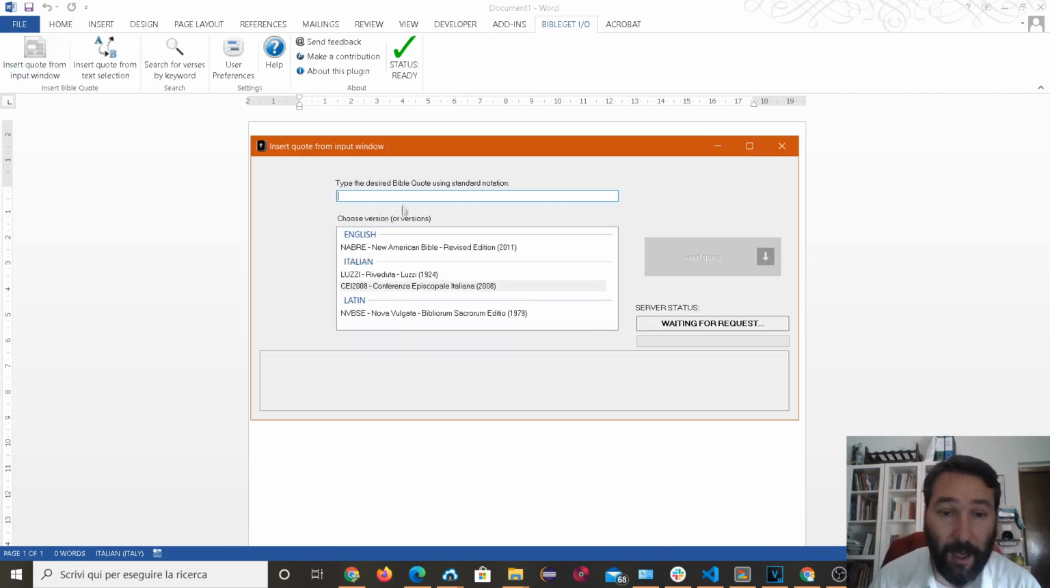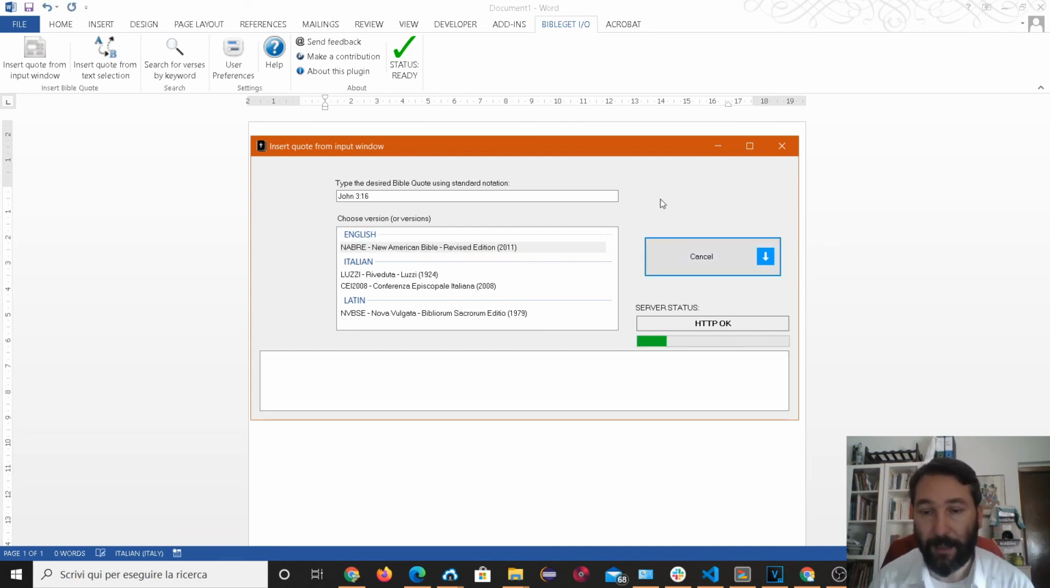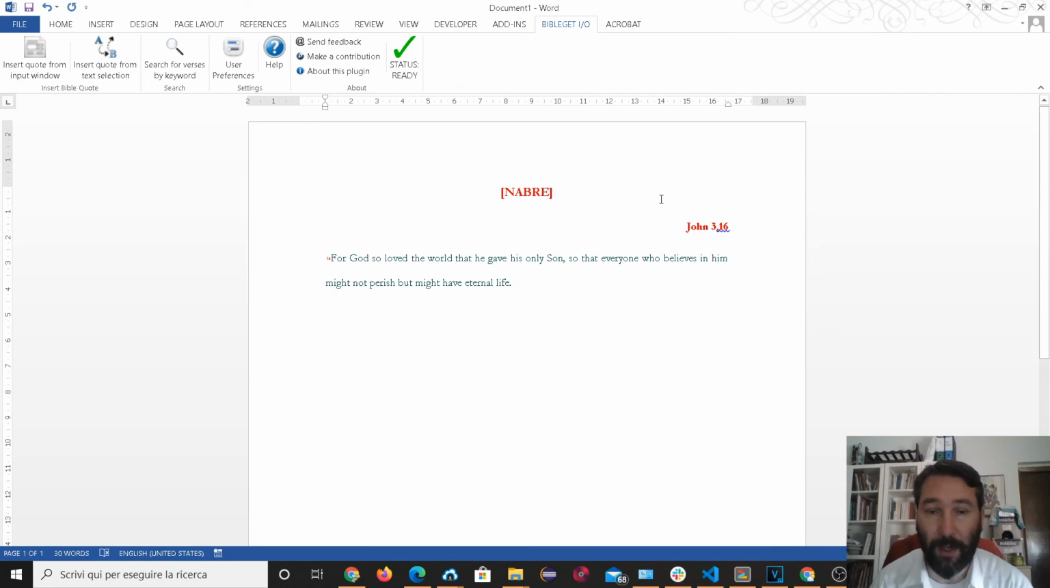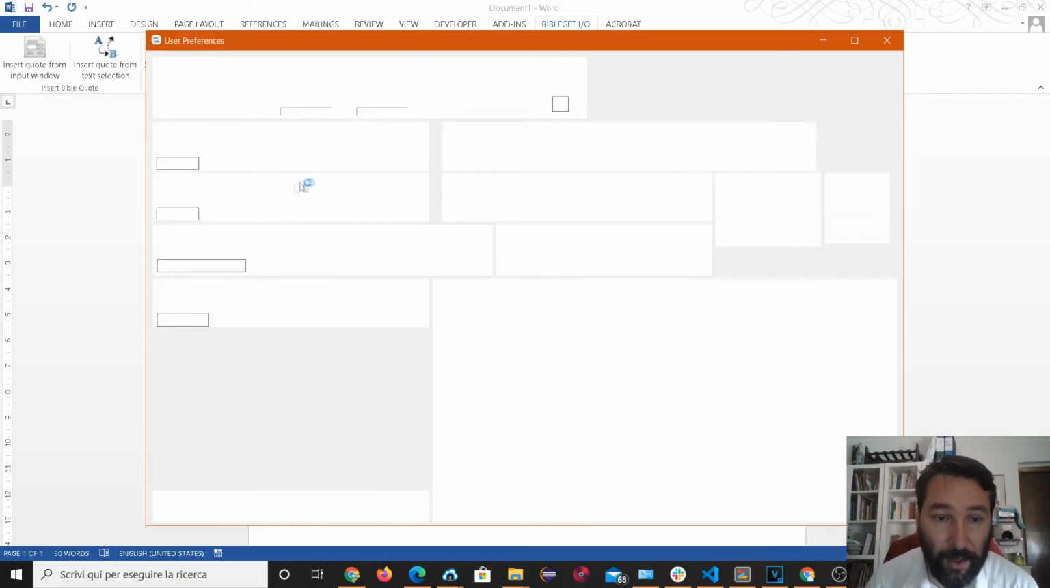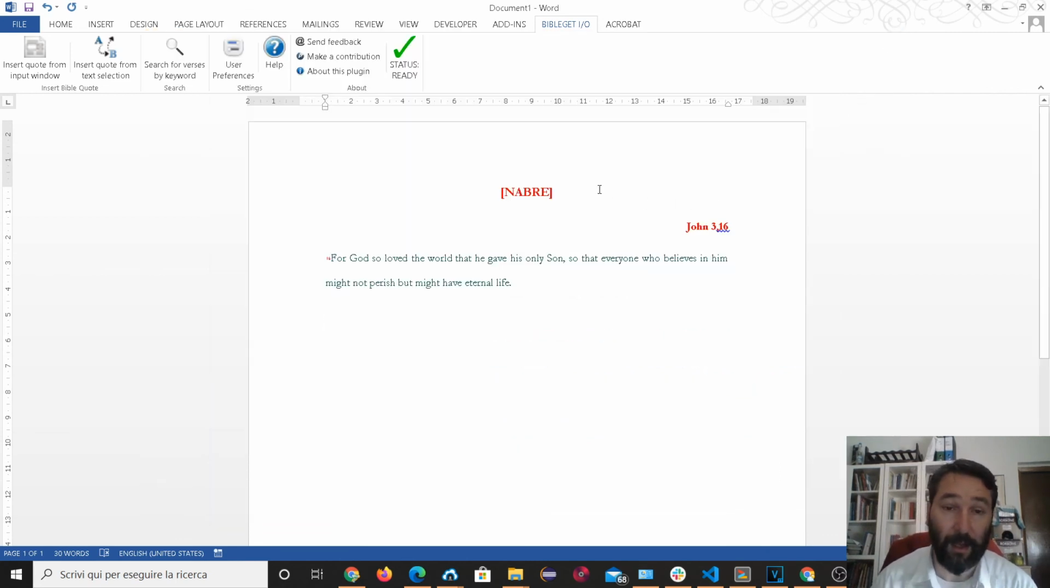It doesn't use any kind of personal information. So when you type in a Bible quote, John 3:16, and say you want it from the New American Bible, it's going to contact the BibleGet web server, the API endpoint, to get that text and inject it into your document. That's pretty much all it does. It lets you choose your styling preferences for how the text should show up in your document, and that's all. It really doesn't do anything else to your computer,